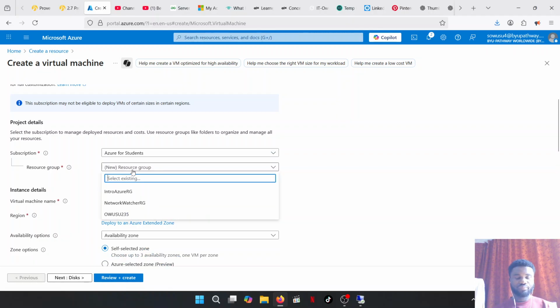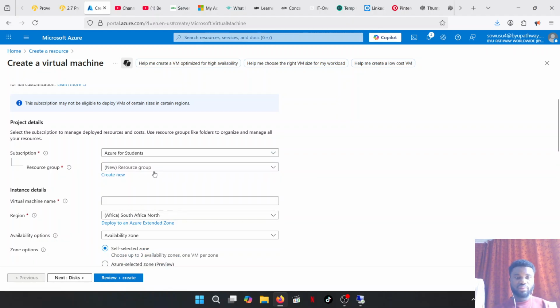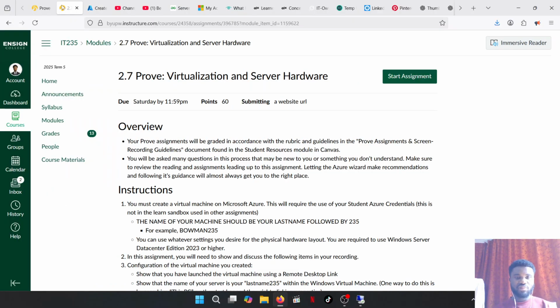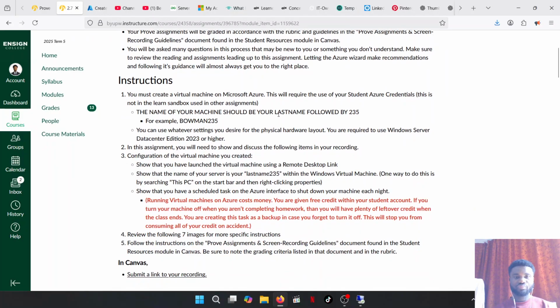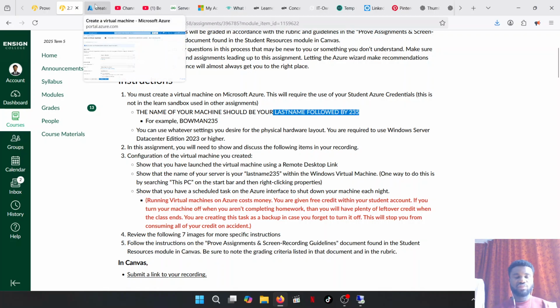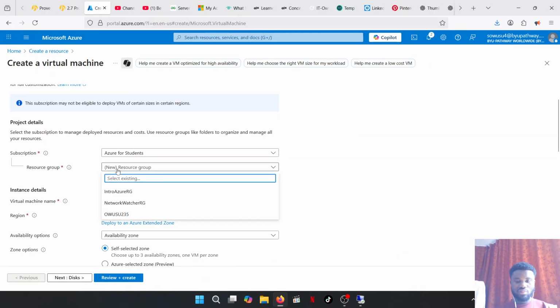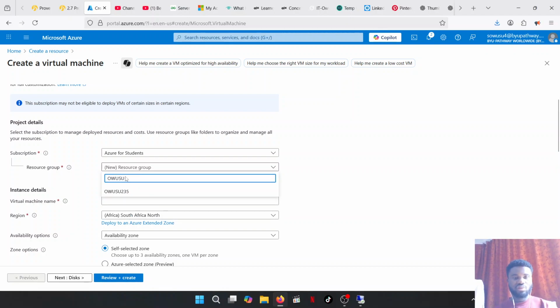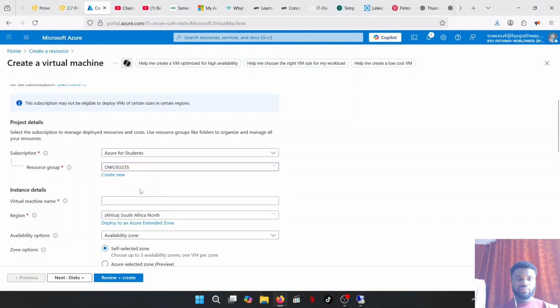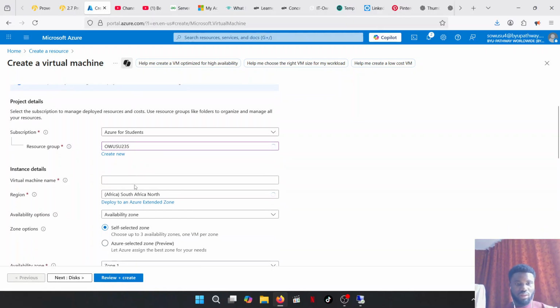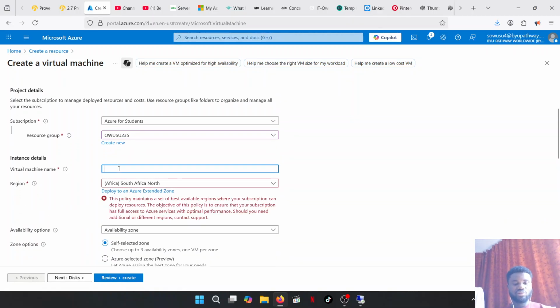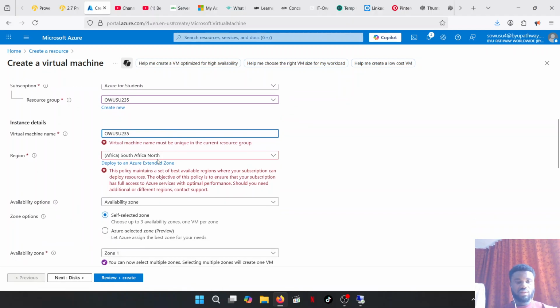So I will put a name for the resource group. From the assignment, we are asked to use our last name followed by 235. So that's my last name, Owusu 235. Okay. And then the virtual machine name, I'll use the same name, no issue. 235. Yeah, and then when it comes to the